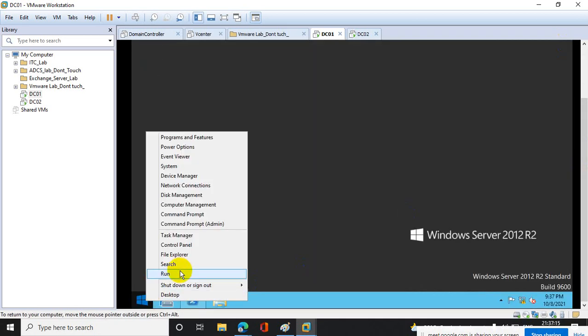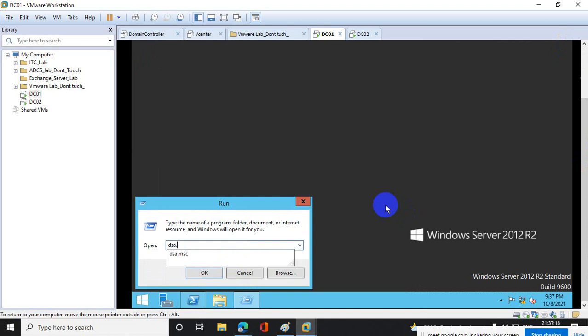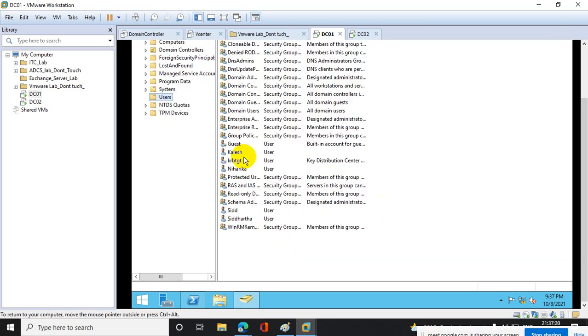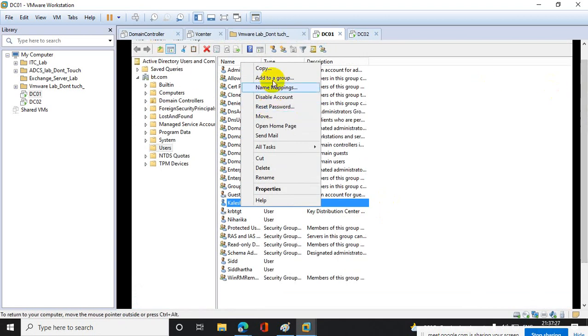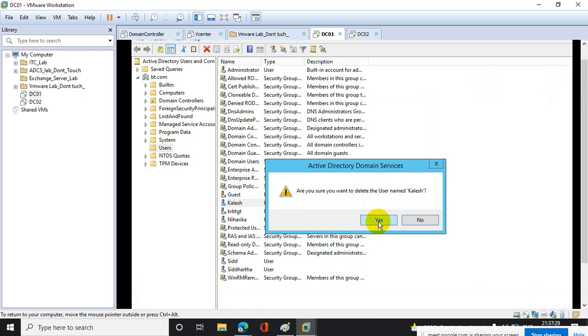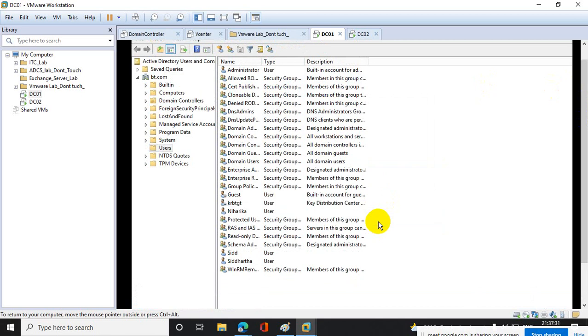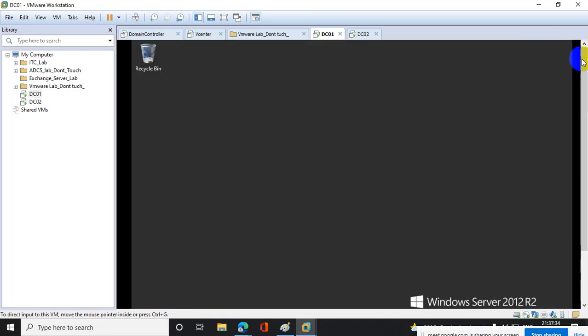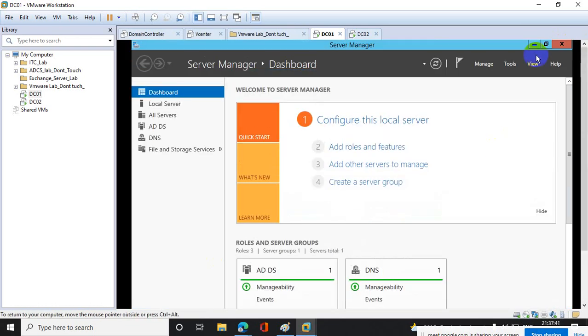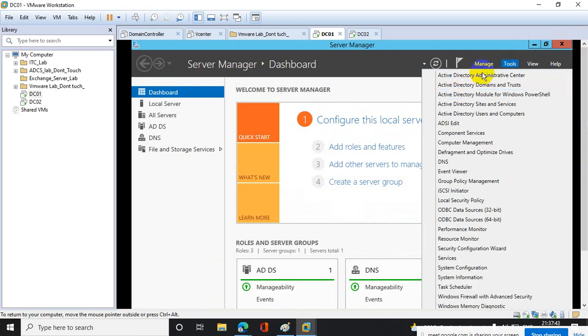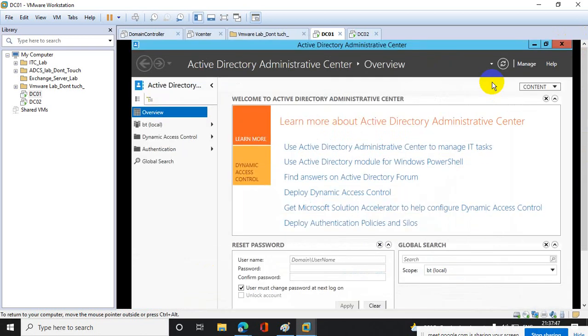Now what you need to do, if any user, let's say Kalesha, is deleted again, and the same request comes to restore the object, then very easily go directly to Server Manager, Tools, Active Directory Administrative Center.